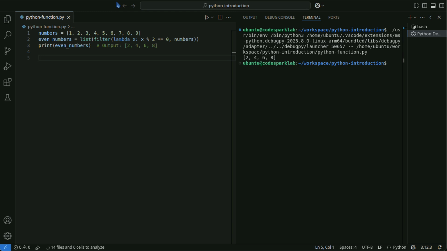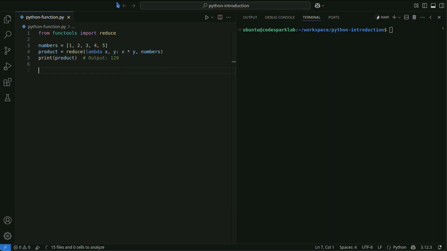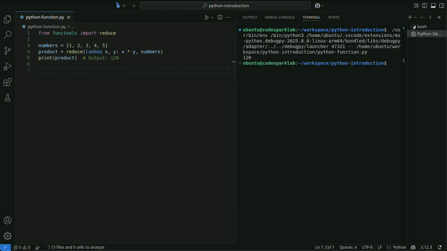The reduce function is used to reduce a list into a single value. It can be implemented easily using a lambda function. In this example, all elements in the list are multiplied together to produce a result.